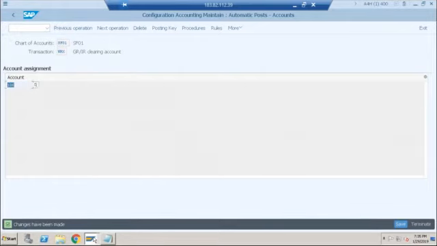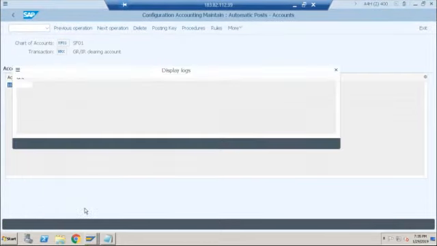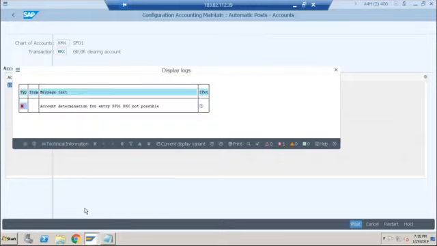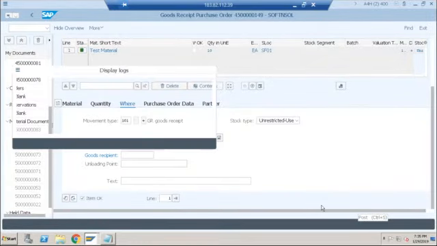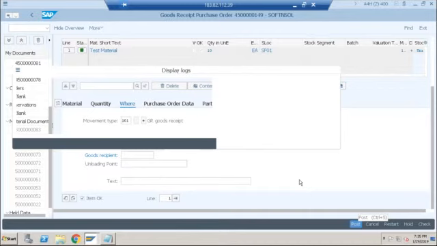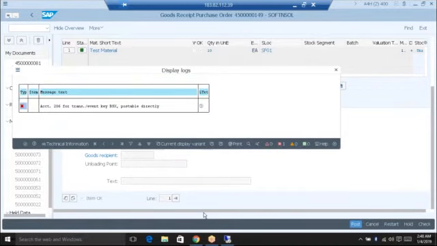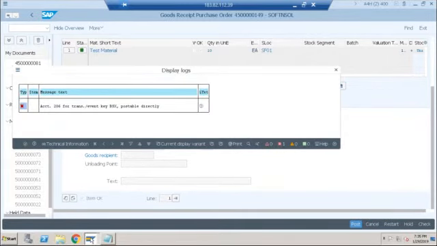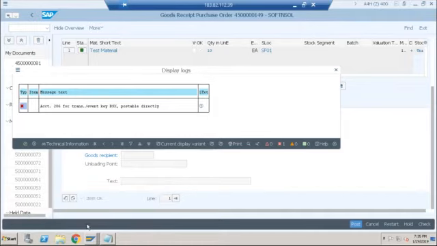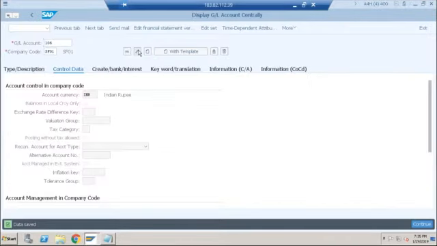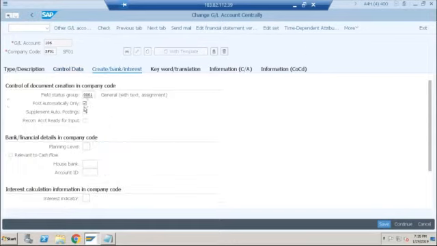So purchase order, sorry, good receipt with respect to purchase order. Let's try to click again on post. There is another error, account 206 for transaction event postable directly. This is again the common error in ECC also. Can you tell me what is wrong? We created the GRIR account, right? But GRIR account, we allowed manual posting, which is wrong. We should only allow postings automatically to GRIR account. So just provide this and click on save.